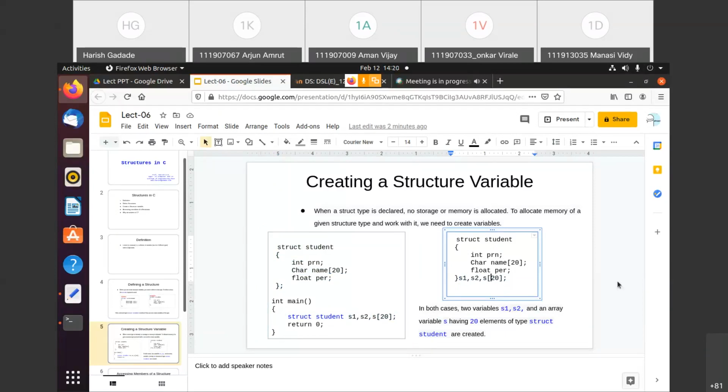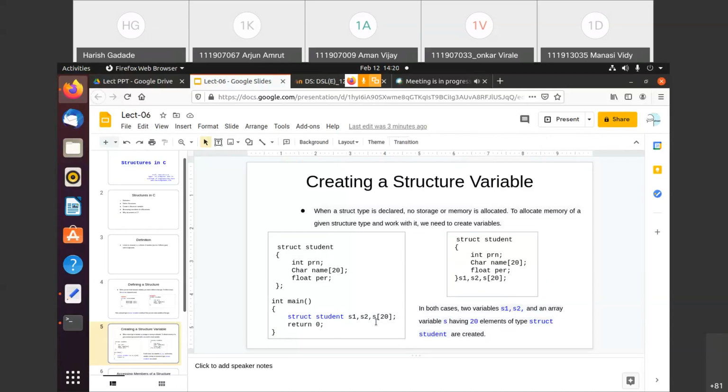The meaning of this example and this example is the same, right? In both cases, there are two variables like S1 and S2, and an array variable having 20 elements. And these three variables will have the type struct student. Getting my point?